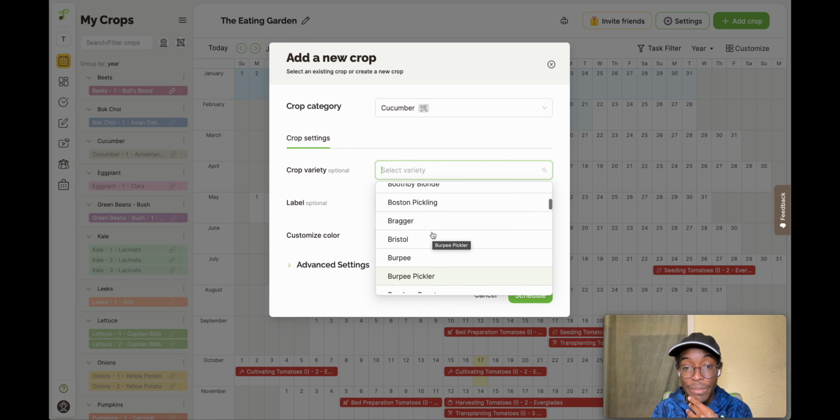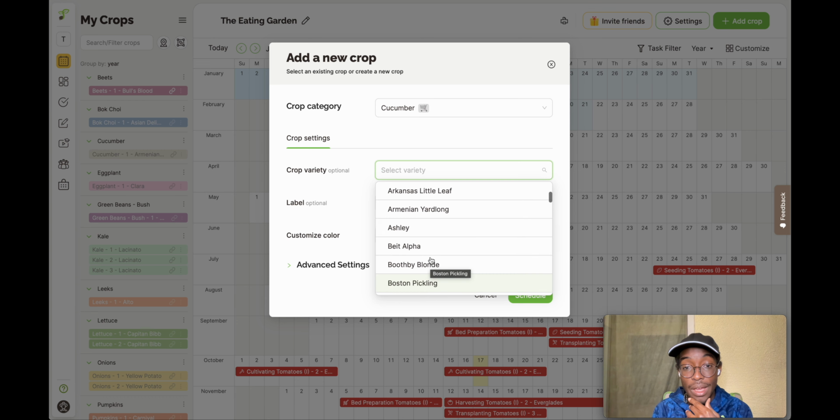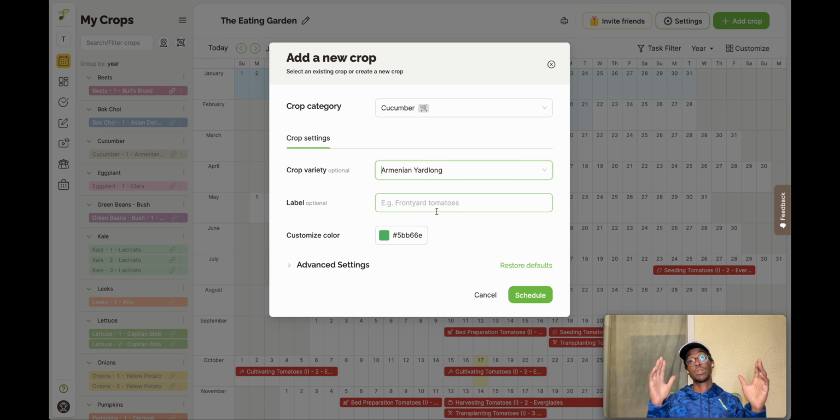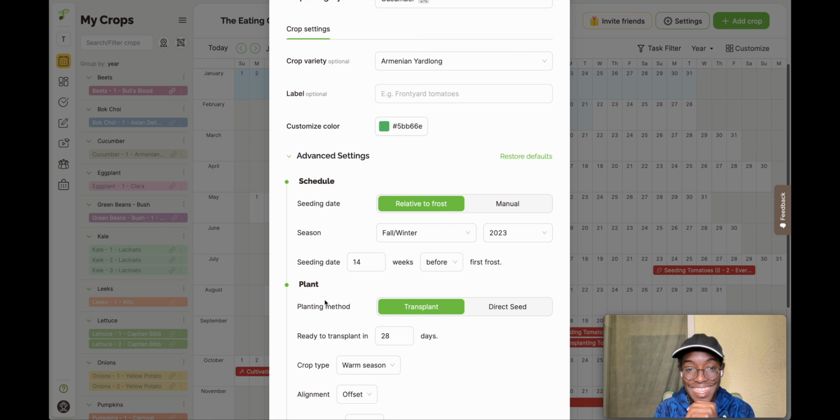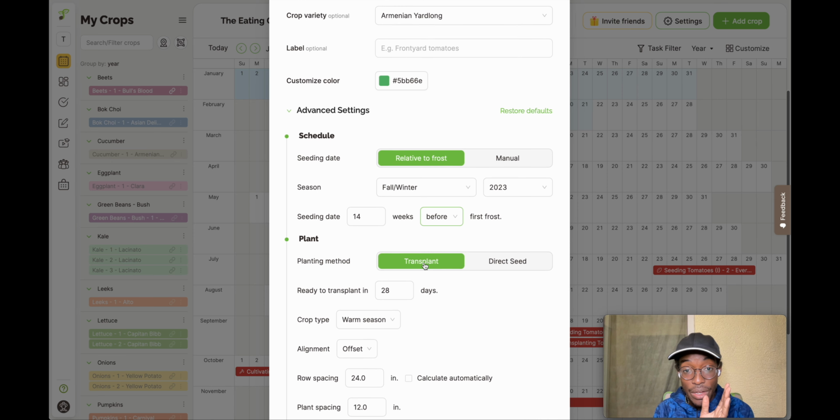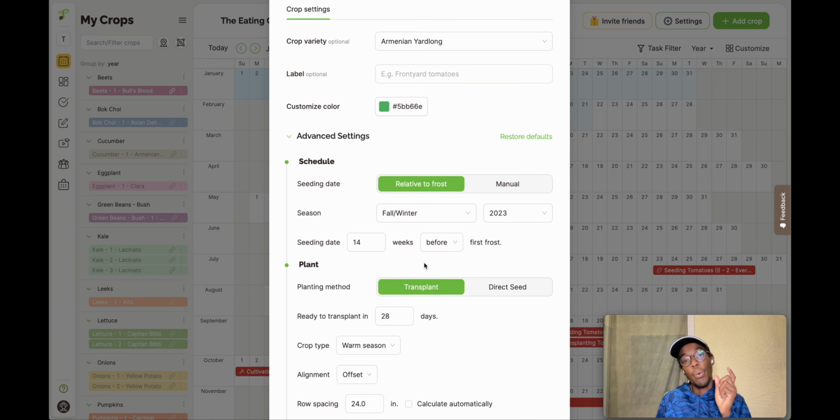Let me just show you. Let's do Armenian. If you've ever had an Armenian cucumber, they can be pretty long, pretty big. So you have the option to label it and customize the color. If we go to advanced settings, what I love about this is that it's almost like a done-for-you system. The only thing you have to do is plant and watch the magic happen, right? Let me backtrack a little bit. When you create an account with the program,